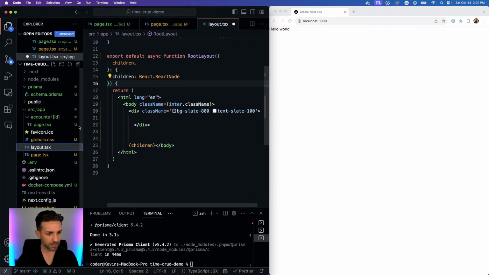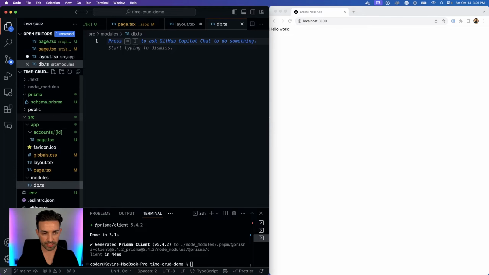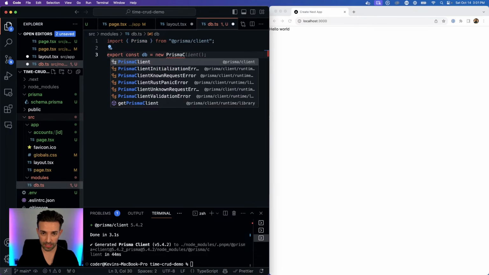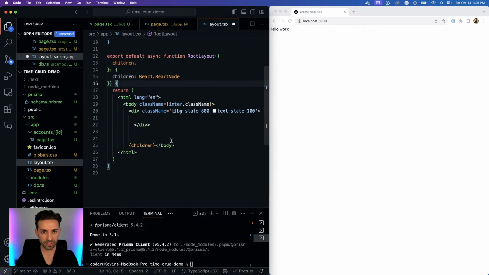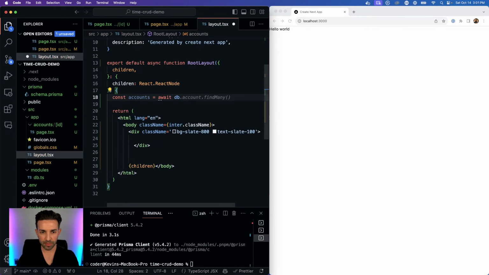Now, in order to pull in from our database, we need some sort of database client. So in source, I'm going to create a new file called modules/db.ts. And in this, I'm going to create a database variable that we will export. And this is going to be a new Prisma client, I believe. Excellent. So up in our React component, I'm going to make an accounts variable where we will await from our database